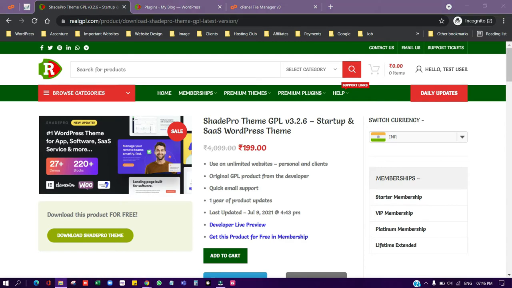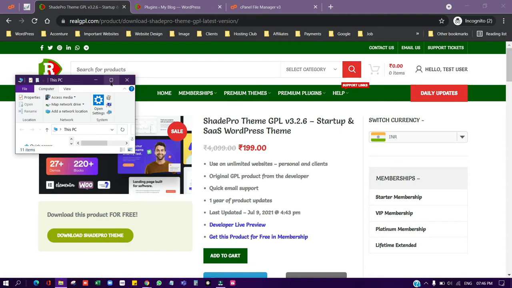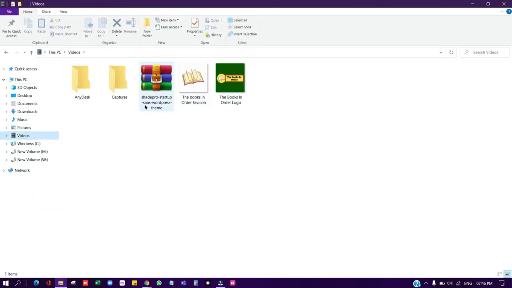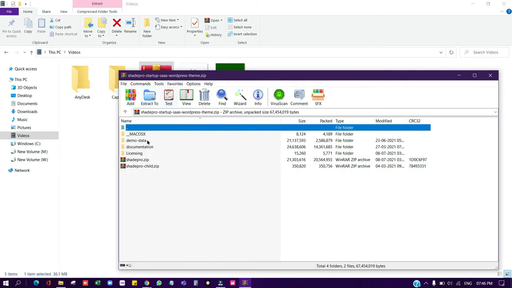If I go to my videos folder, I have kept it there, so you can see the Shade Pro file is there. We have already told you in our earlier tutorials that in the case of a theme or plugin, we must check once what is inside the zip.